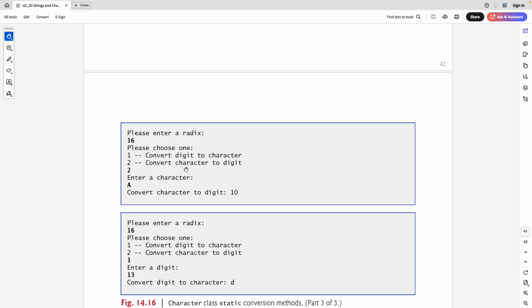It's 10, so it will convert it to a number. What would happen if it entered F? 15, yes, correct. And for the other one, if it chooses to convert digit to character, we enter a number in base 10, like 13, then we want to convert it to a hexadecimal digit. A is 10, B is 11, C is 12, and D is 13. So the result will be